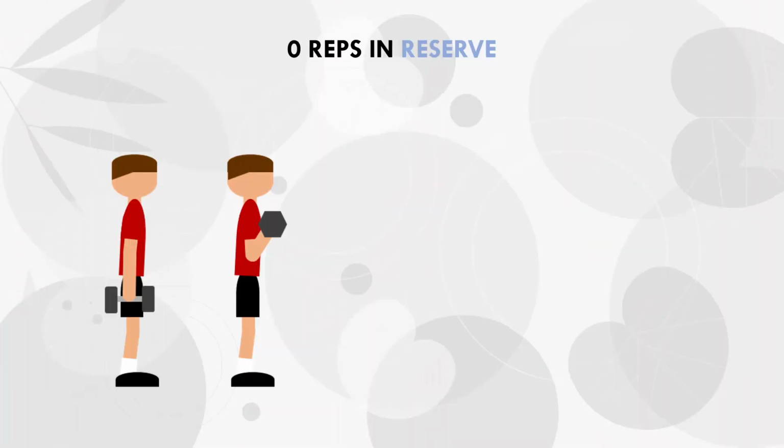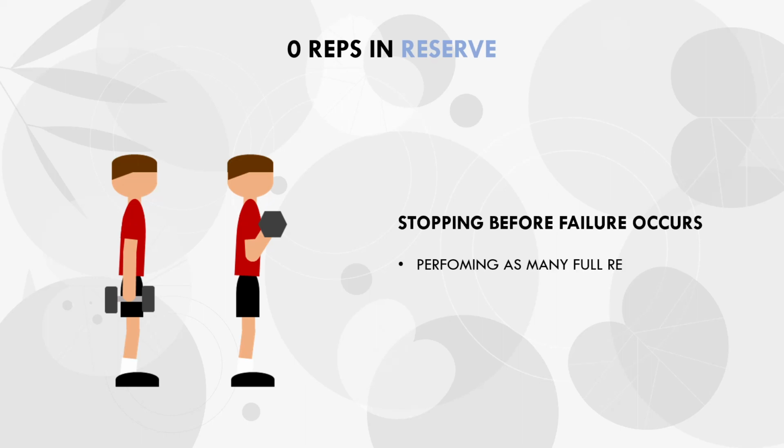The other way we can define the point of failure is using 0 reps in reserve. This is not technically training to failure, rather it is training to the point of failure and stopping just before it is reached. 0 reps in reserve refers to lifting until the trainee thinks they cannot perform another repetition for that set, stopping before they actually fail the repetition. So the trainee doesn't actually hit true failure, they stop the set when they think they cannot perform another full